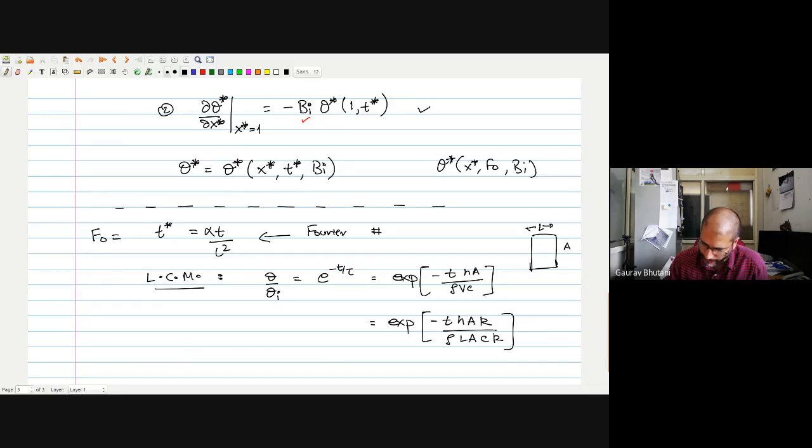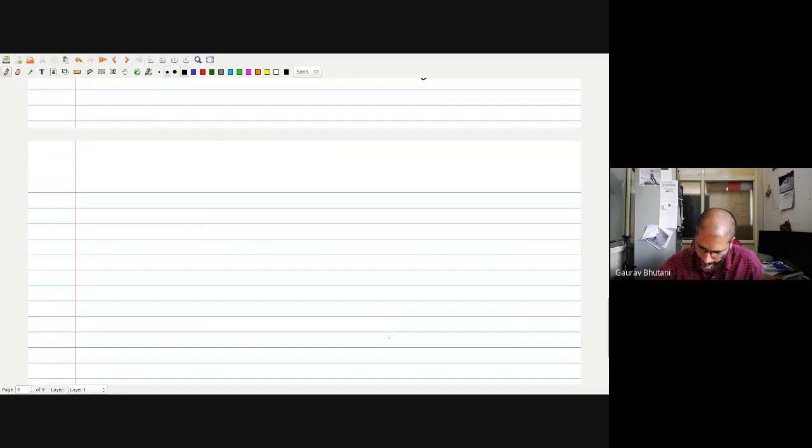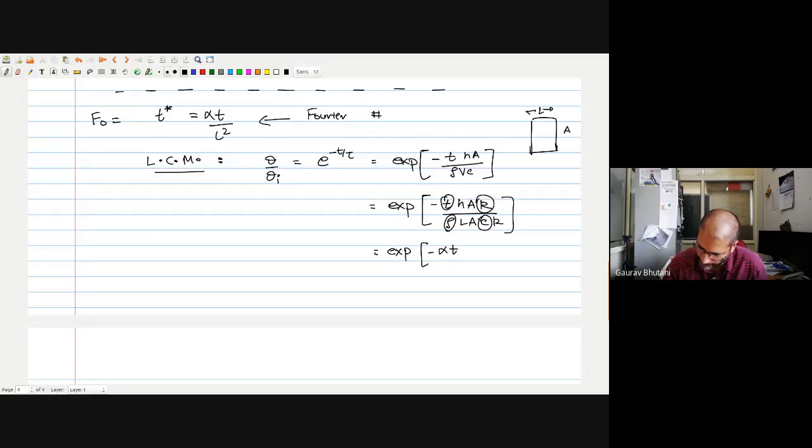Okay, so k by rho C is my alpha, so I can write this as minus alpha, and then you have a t here, so I multiply by t, and then A cancels out, and then I have an L here,